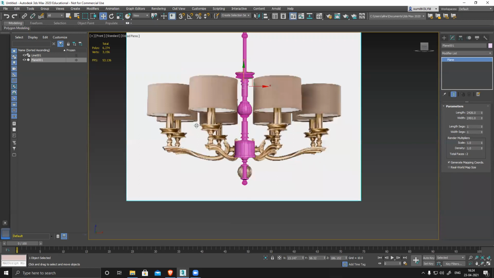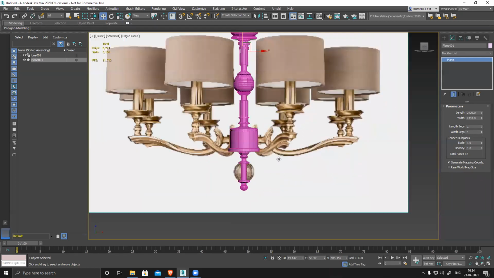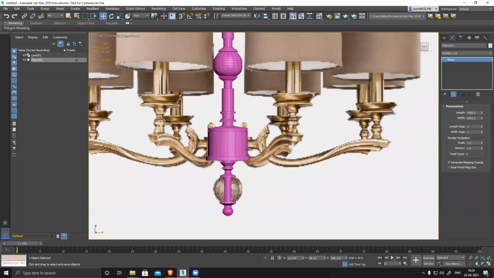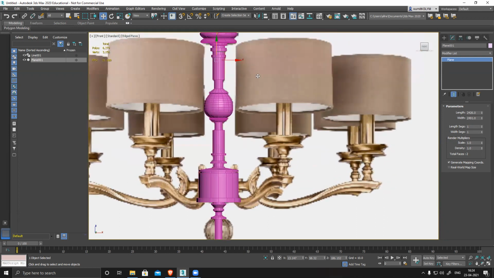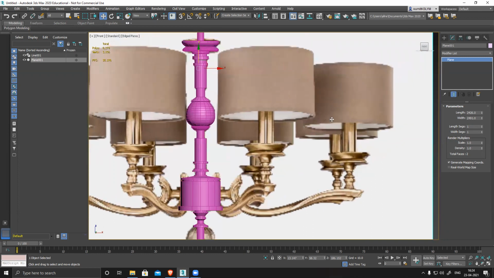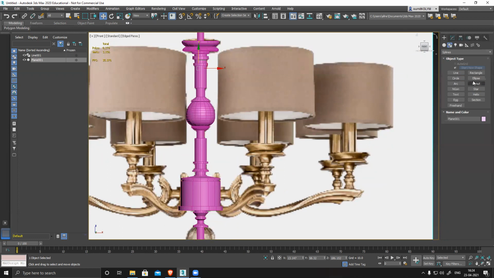So now this is nicely done and everything is ready. Now there is one cylinder here and one more extruded shape. How will I create it? There are multiple ways of doing it. First I'll create this lantern, or maybe lamp. You can see it's basically a cylinder, so I'll create a cylinder.